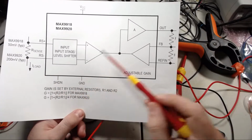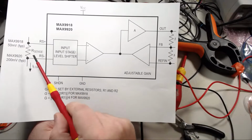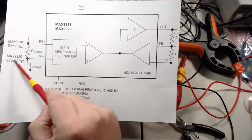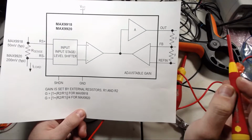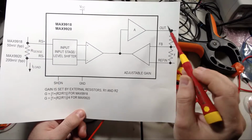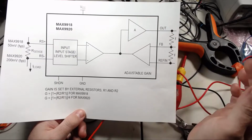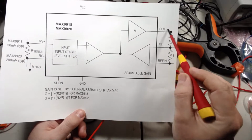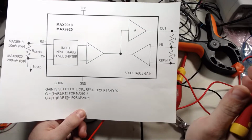The idea behind these kinds of chips is they allow you to convert a current across a sense resistor to an output voltage, which is useful if you want to measure current with your microcontroller or Arduino or something like that, because you can connect the output voltage directly to the analog input of your